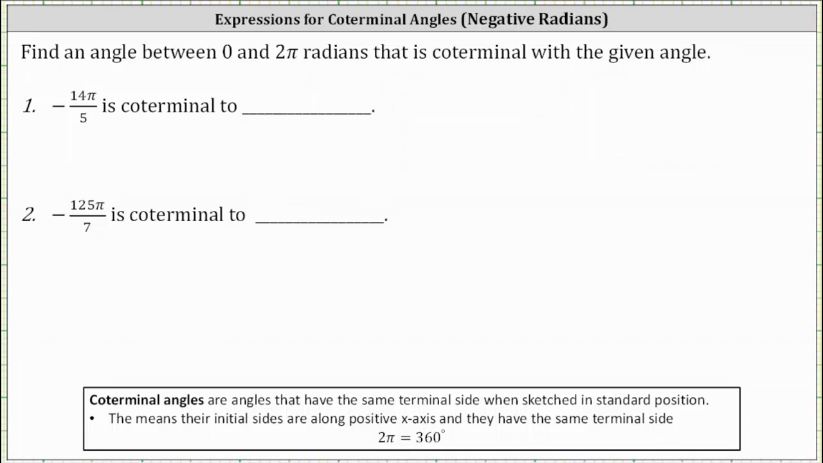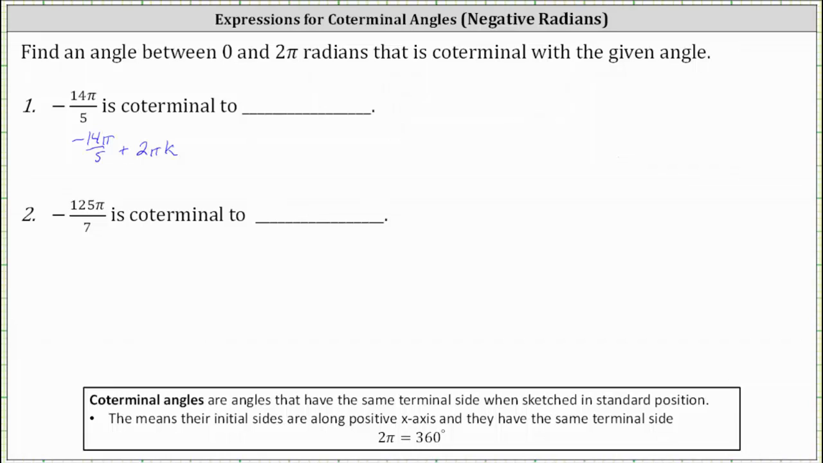To determine coterminal angles to an angle given in radians, we add or subtract multiples of 2 pi radians to the given angle, which means all the coterminal angles for number 1 would be in the form of negative 14 pi divided by 5 radians plus 2 pi radians times k, where k is some integer. And now we just need to find the value of k that will give us a coterminal angle between 0